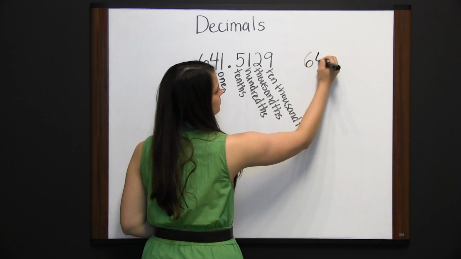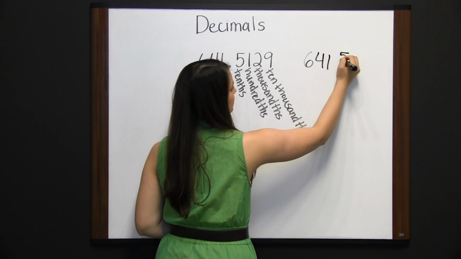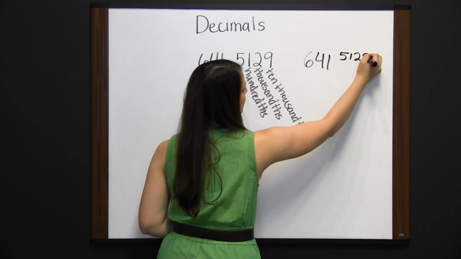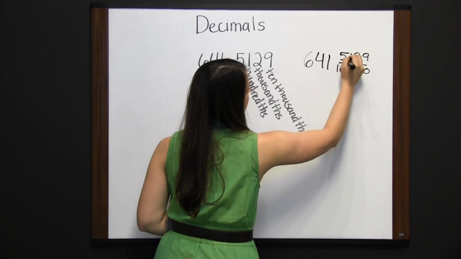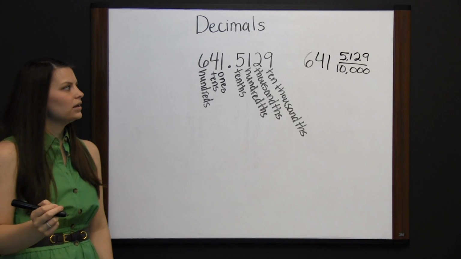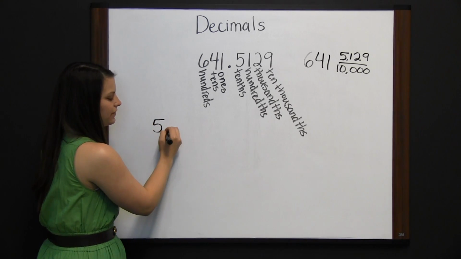641 and 5,129 10,000ths. Let's look at another decimal. 5 and